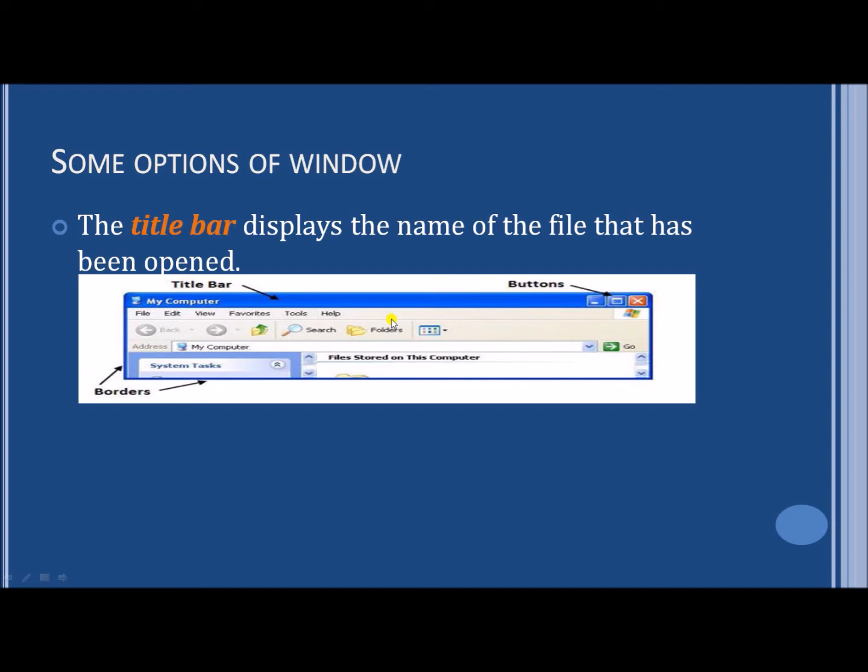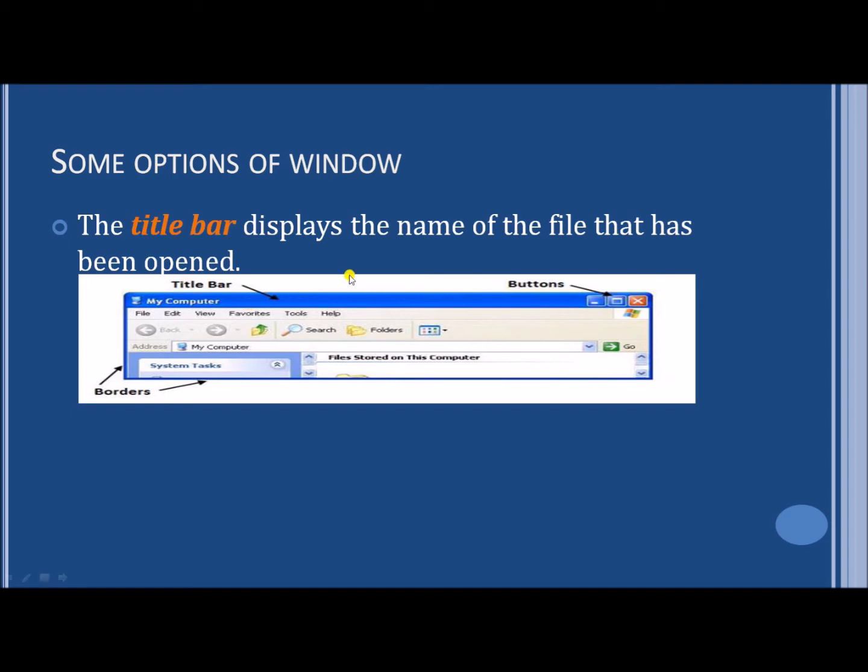For example, sometimes a program or application is not responding, so there will be a statement written that the program is not responding. That means the processor is slow and is not picking up the speed of the application's tasks.